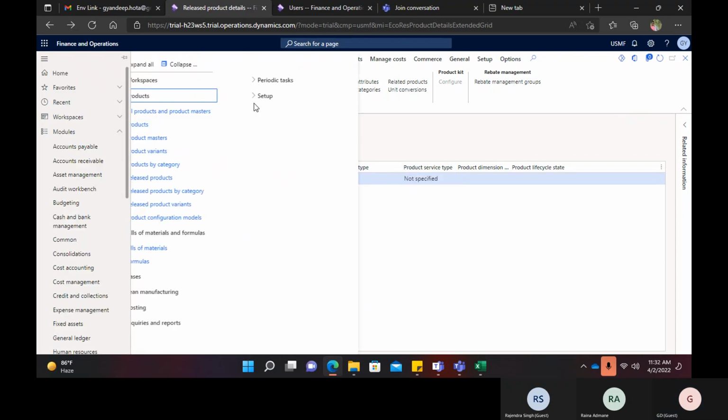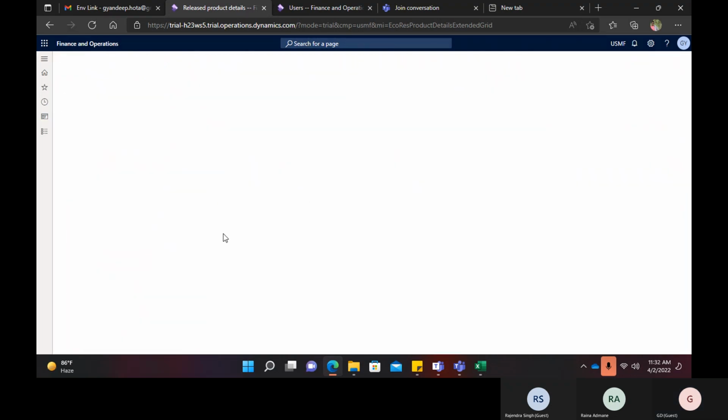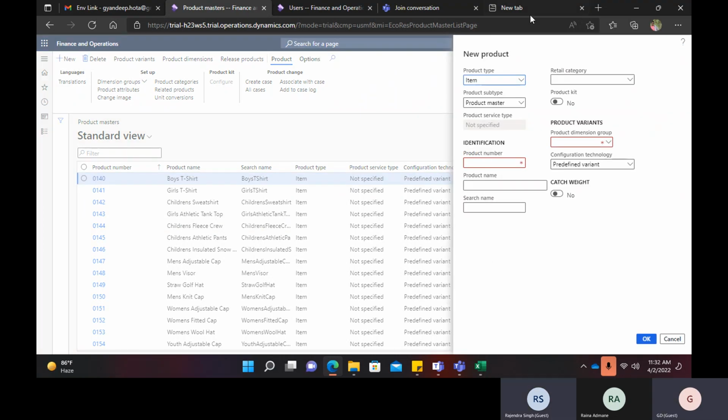Okay. So now we are going to product master. Suppose I am creating new. The same as before, product type is whether item or service. Product subtype, product master. Product number I am giving, suppose PI something, today's date